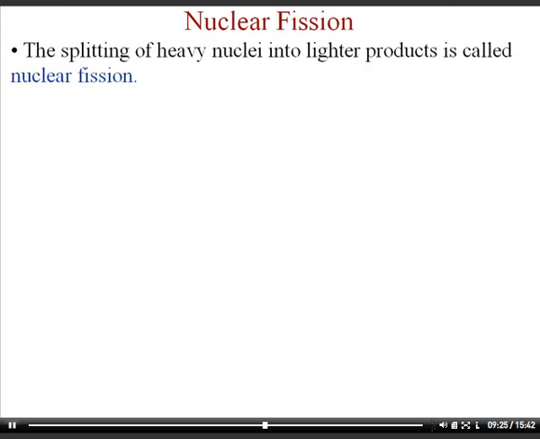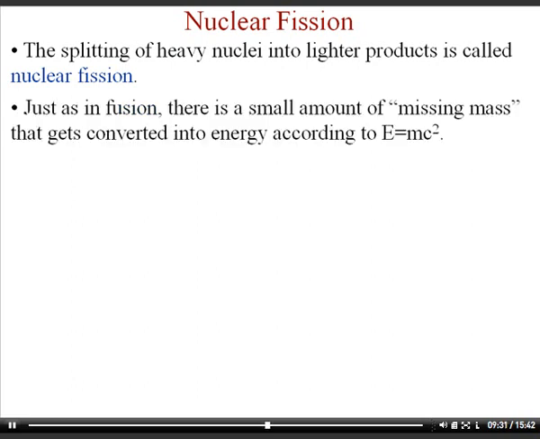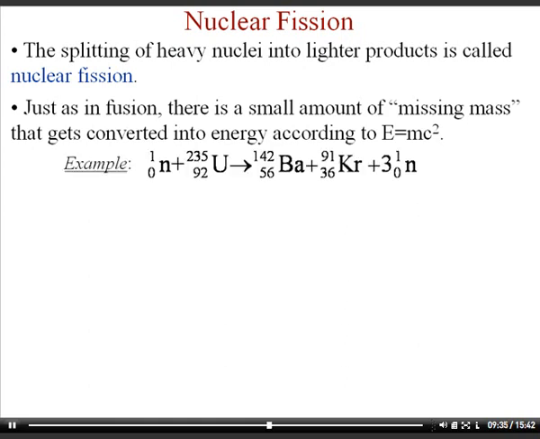Now we talk about nuclear fission. Nuclear fission is the splitting of a heavy nuclei into lighter products. Just as in fusion, there's a small amount of missing mass that gets converted into energy according to Einstein's equation. So here's how you start a fission reaction. You take the isotope 235, you smash in a neutron. The neutron